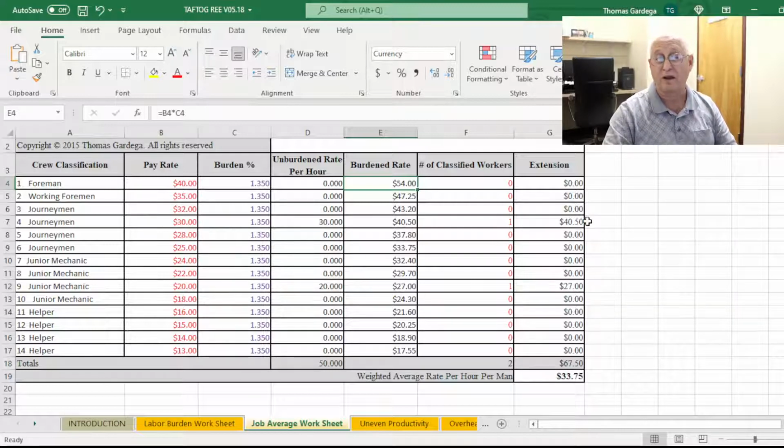That's what you have to pay. He sees in his paycheck $30, but you have to lay out $40.50 in order to cover him. And the $20 an hour man, with the burden, is $27. That's what the burden is. It totals up to $67.50 divided by 2. Our weighted average rate per hour per man is